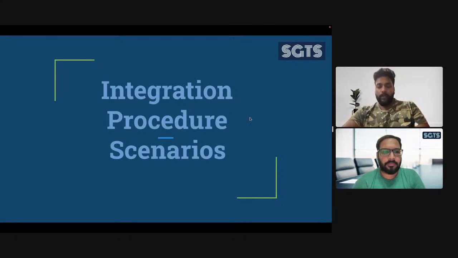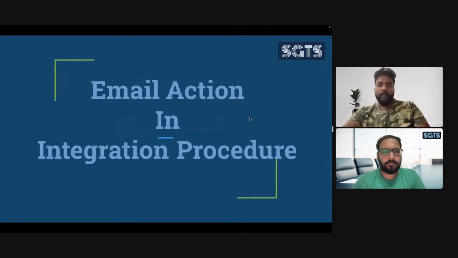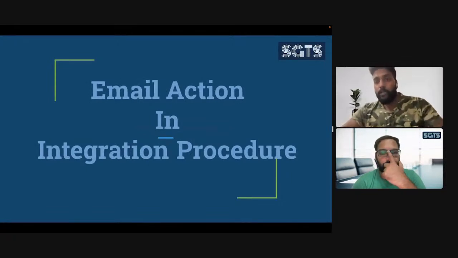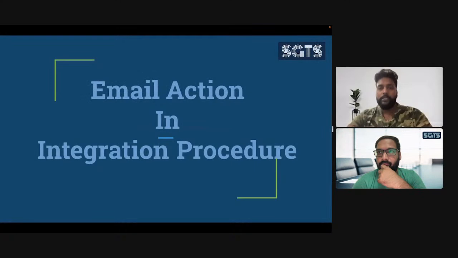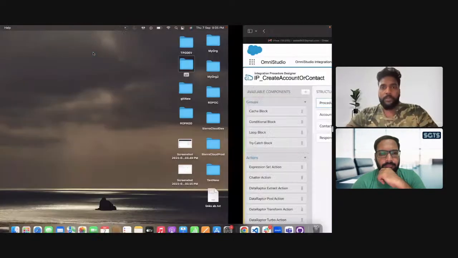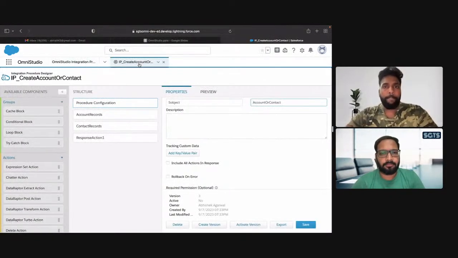Today in this session, we're going to cover how we can send an email to users with the help of an integration procedure. The other topic will be what the list action is in an IP. There is an action called list action. What is the use of list action? How can we use the list action? Okay. Right. So let me switch to